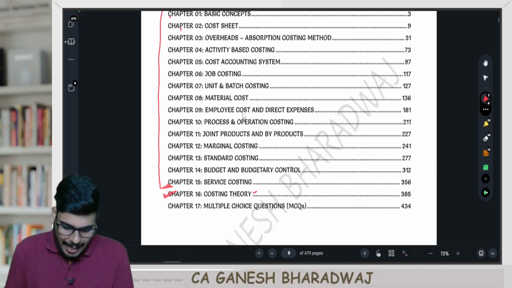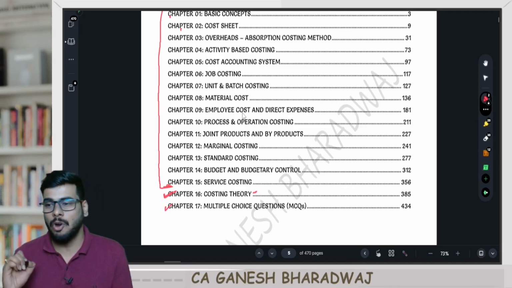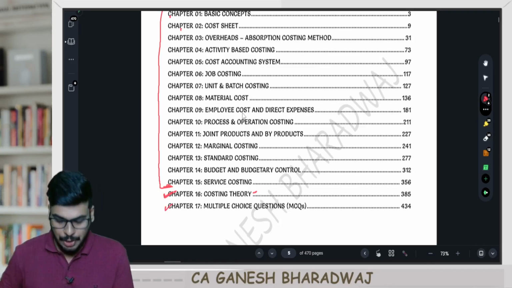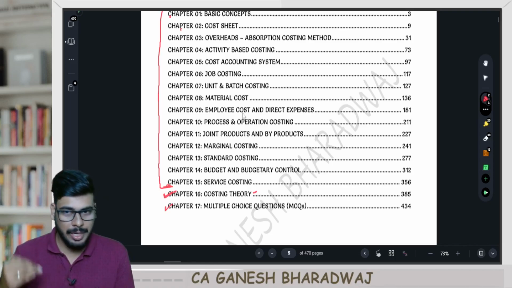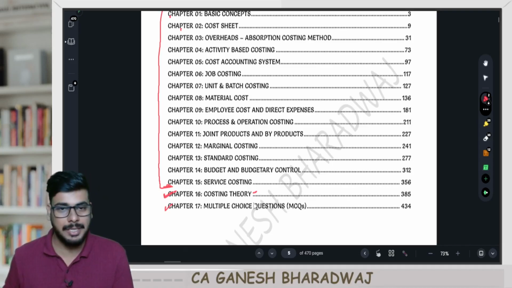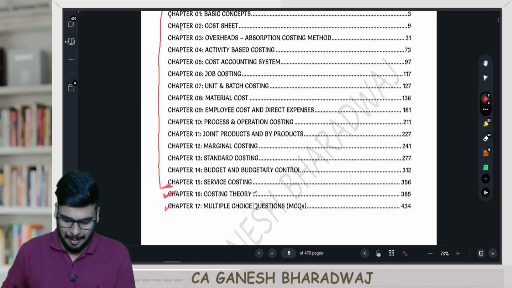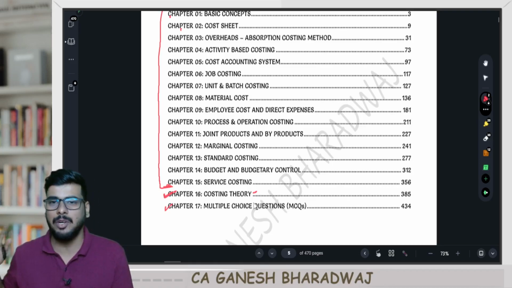Clear with this? And chapter number 17, I have called it MCQ. MCQ will also be chapter wise. Okay, so inside this, if you go and see, you will see that this is going to be chapter wise. So in this 17th chapter that I've called MCQ, once again that will be chapter wise multiple choice